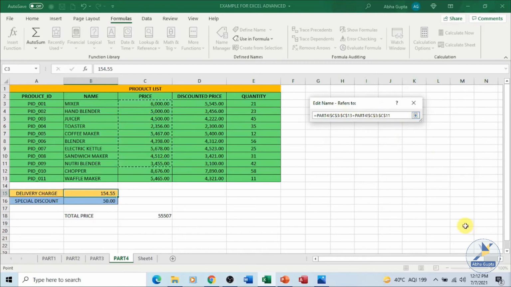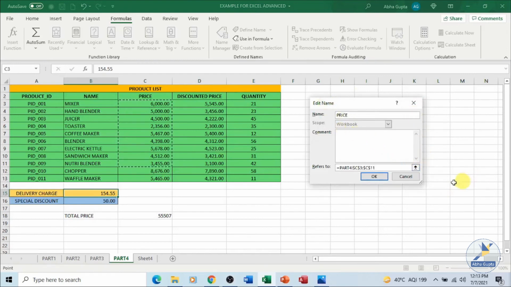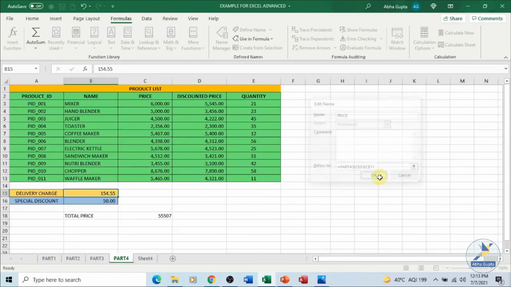You have to first delete it, then type equal to, and then make a new selection and click on the drop down. Now your range will be from C3 to C11 instead of C13 as we did earlier, and click on OK.